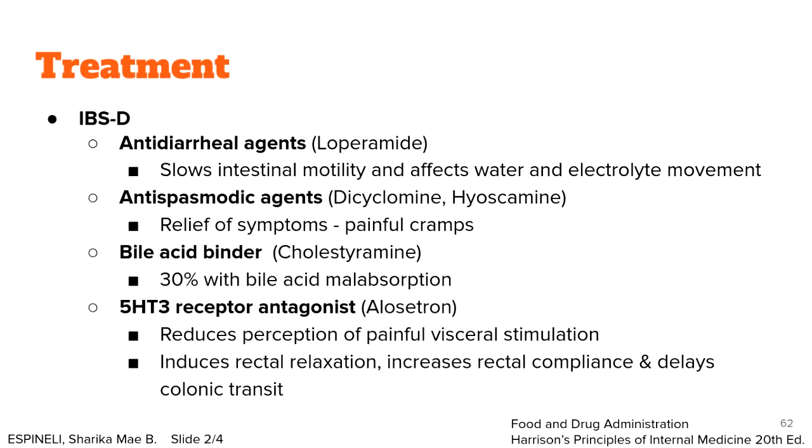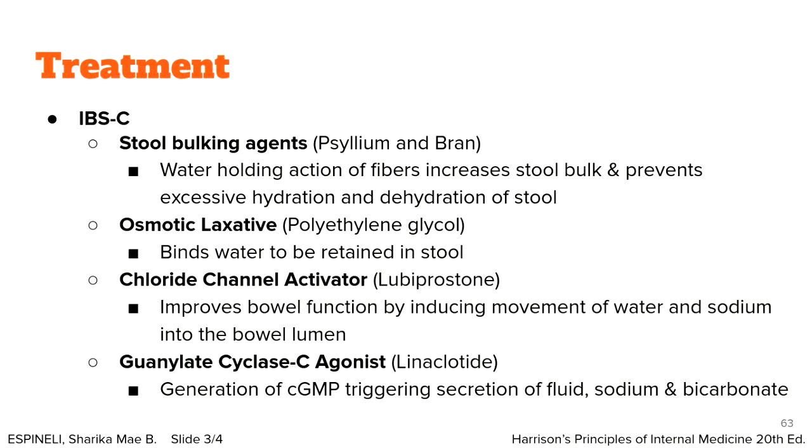Since 30% of patients diagnosed with IBS-D present with bile acid malabsorption, and bile acids are known to cause colonic secretory diarrhea, a bile acid binder like cholestyramine may be given to prevent bile absorption. Hence, the cholestyramine bile acid complex is excreted in the stool. 5-HT3 receptors enhance the sensitivity of afferent neurons projecting from the gut, so we can give 5-HT3 receptor antagonists like alosetron, which reduces perception of painful visceral stimulation in IBS and induces rectal relaxation, increases rectal compliance, and delays colonic transit. So if the patient has IBS constipation predominant,